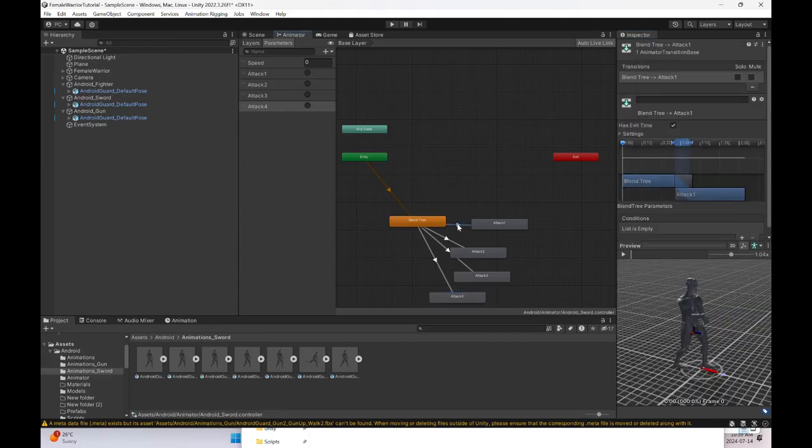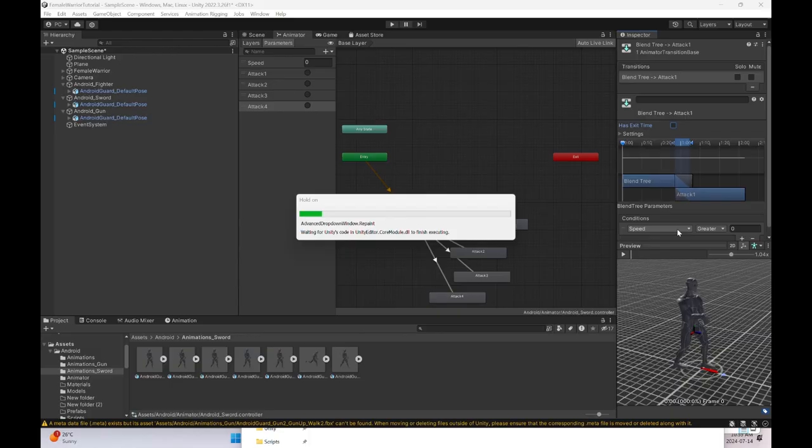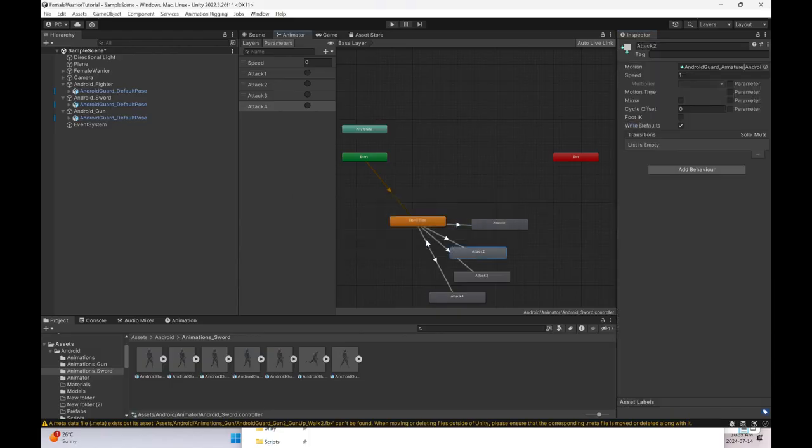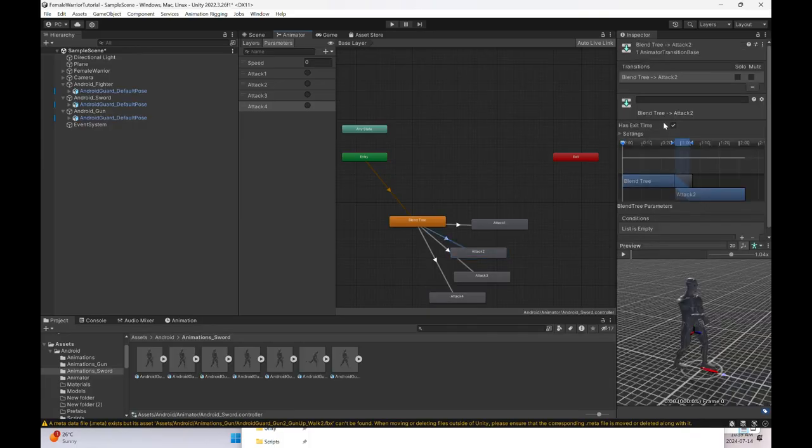And if you remember, no exit time, attack 1, you gotta select these arrows. Deselect has exit time. Attack 2, attack 3,